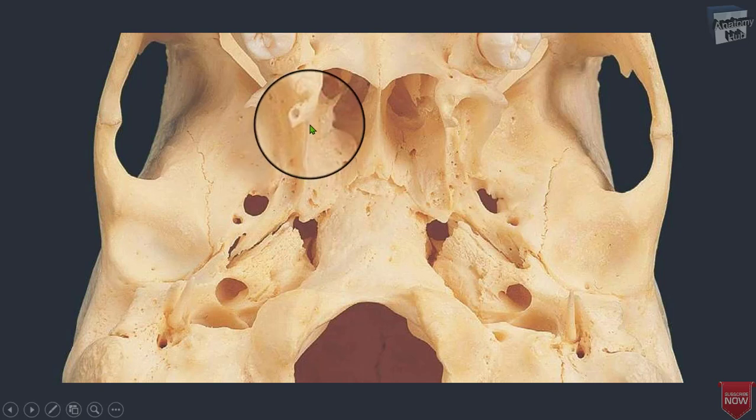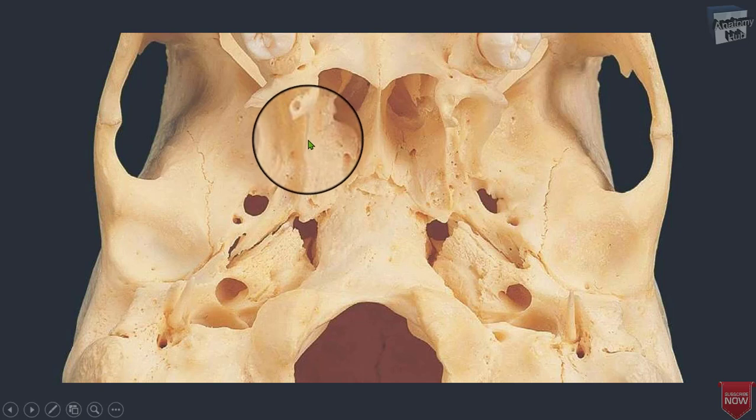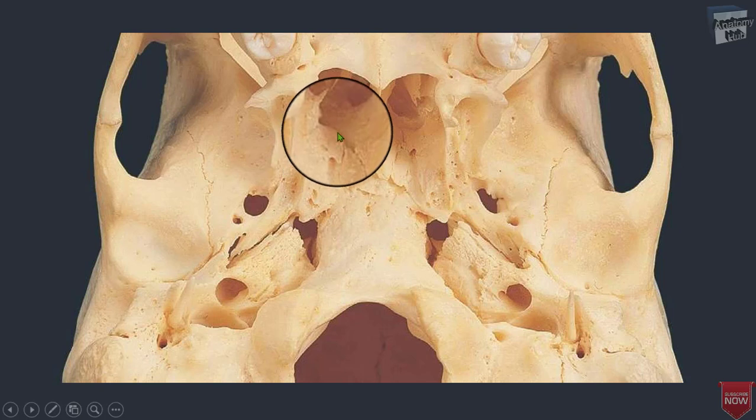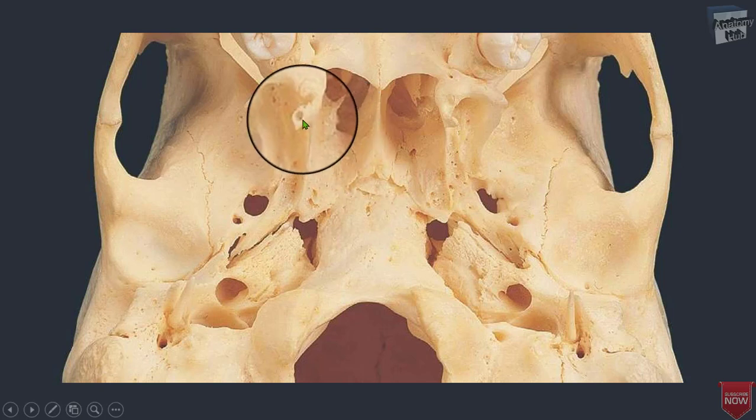The medial pterygoid plate forms the posterior extremity of the lateral nasal wall, and the pterygoid hamulus that you can see here. Hamulus means little hook that curves downward from the medial pterygoid plate to anchor the upper end of the pterygomandibular raphe, a cord of connective tissue on which the muscles of the cheek and the nasopharynx meet each other.